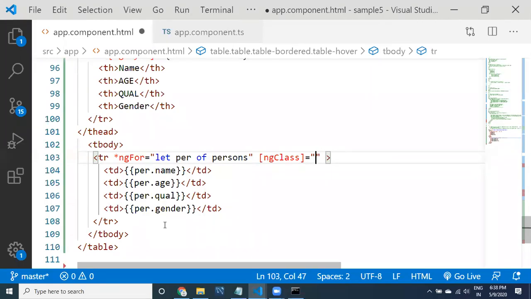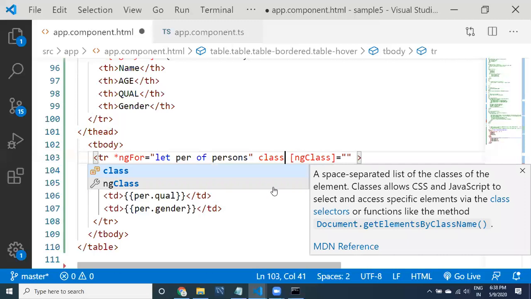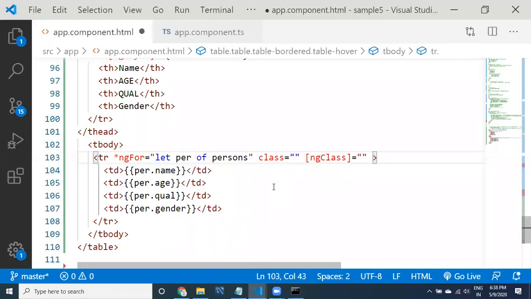Here you can apply multiple classes. You may have a doubt: you can use the class attribute also, right? What is the difference? This is dynamic, meaning that inside the expression you can provide conditional operators and properties, which is not possible in class.